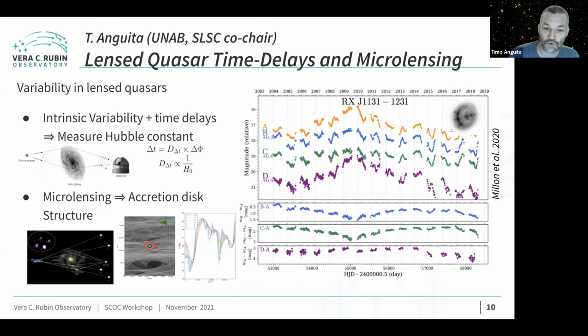So what we do to measure time delays is identify these very identifiable flares or intrinsic variations that we see again a couple of days, a couple of months, a couple of years later on another image. In microlensing, the timescales, however, are of the order of years to decades, but they are very rare. So we don't expect that many microlensing events, and we don't expect that many lensed quasars in the sky. So LSST is the ideal survey for these two science topics.